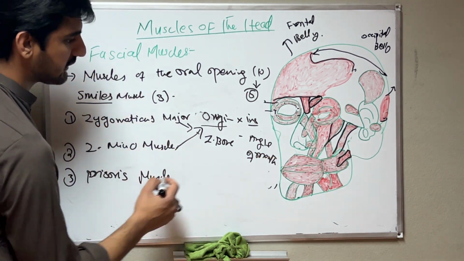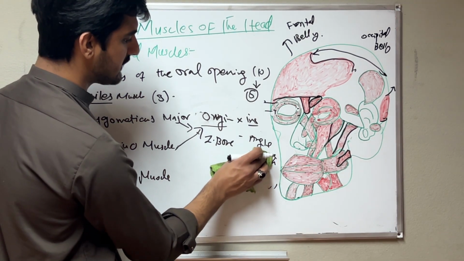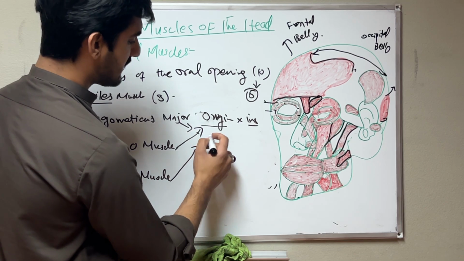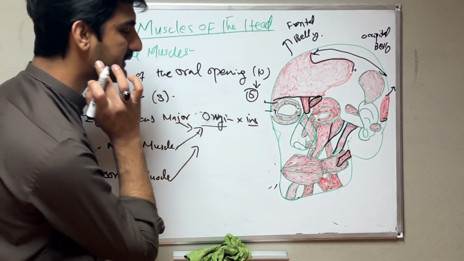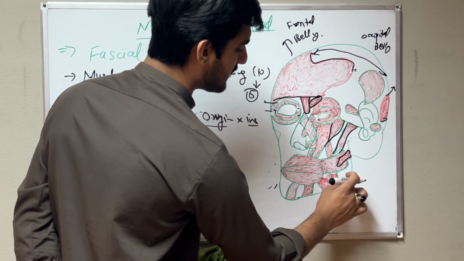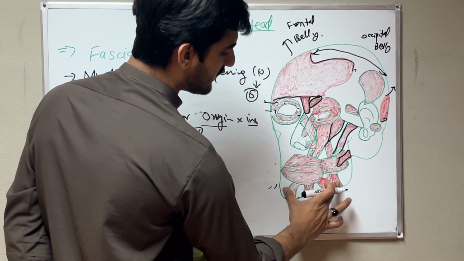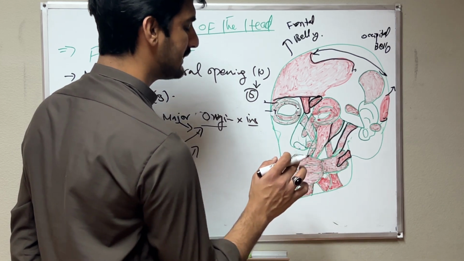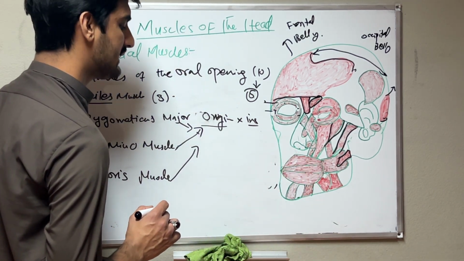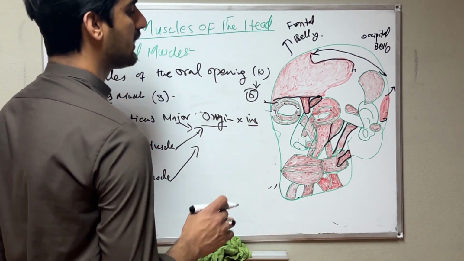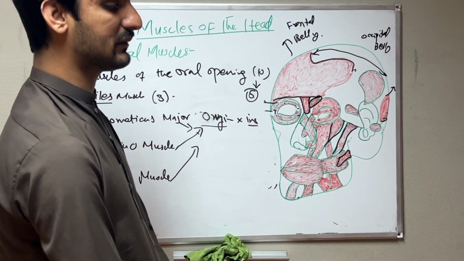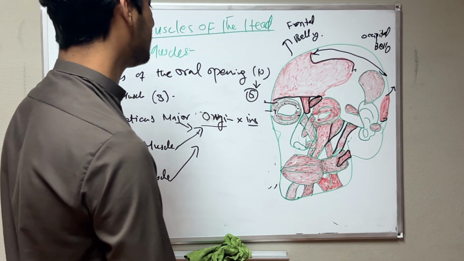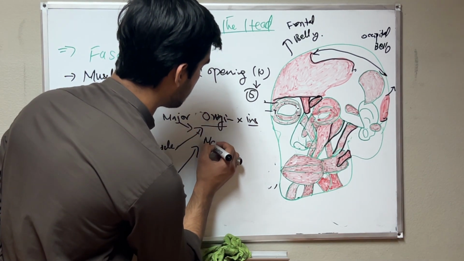Then the third muscle, the risorius muscle, has a different origination. The insertion is the same, but the origination is different. When we discussed the mandible bone, we discussed the body of the mandible and the ramus. On the ramus we have a tuberosity, called the masseteric tuberosity, and there we have the masseter muscle. And on the masseter muscle we have a fascia, the masseteric fascia, meaning its origination is from the masseteric